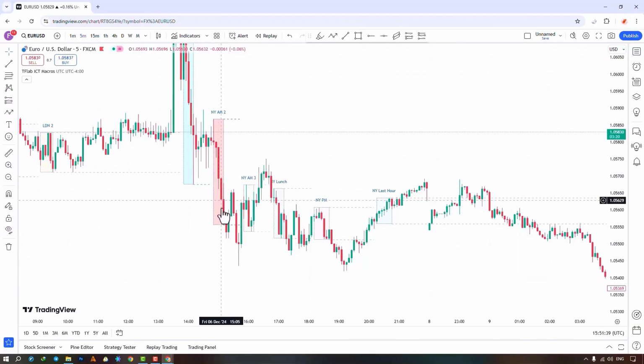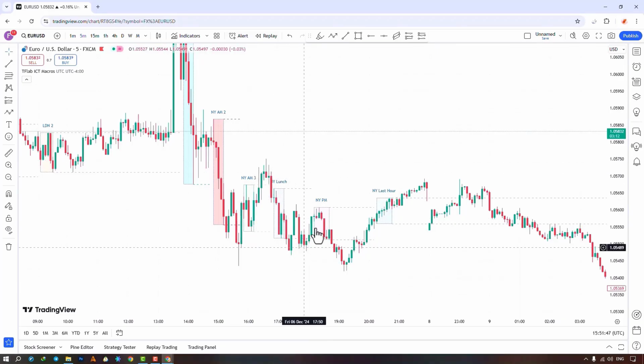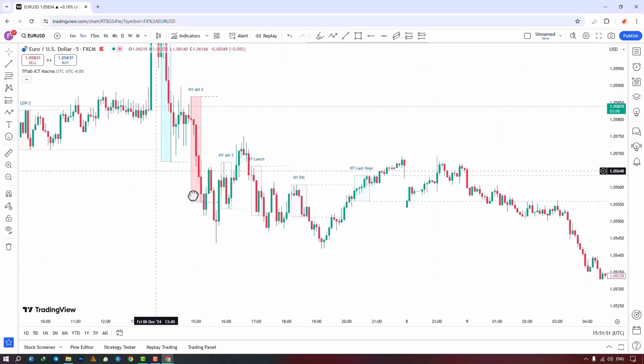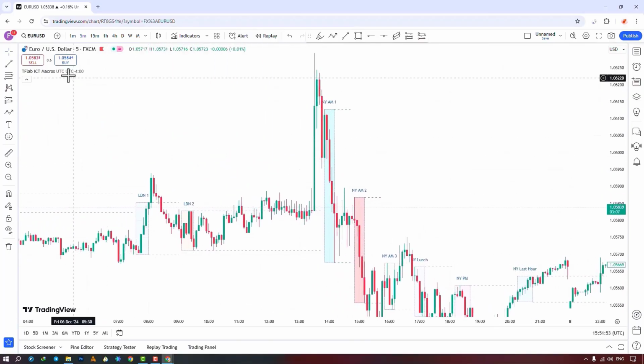In the settings section, we can adjust the time zone to be based on UTC, New York time, or the trader zone time. You can make these adjustments in this section. The next part allows you to set the UTC time, and in this section, you can specify the time range. By enabling this option, the time limits will be defined for us, and by disabling it, they will be removed